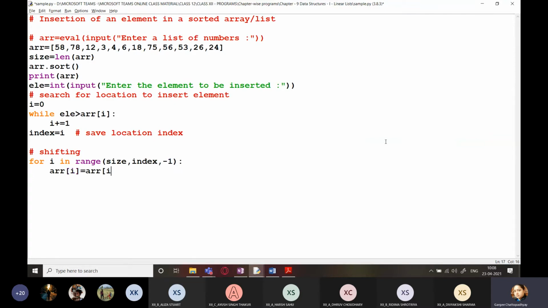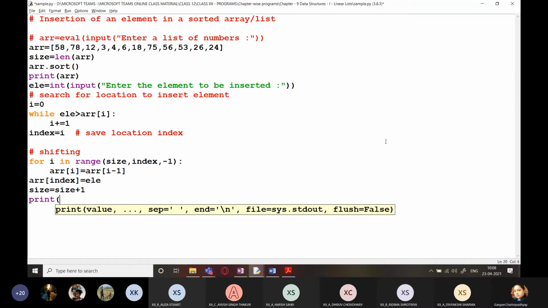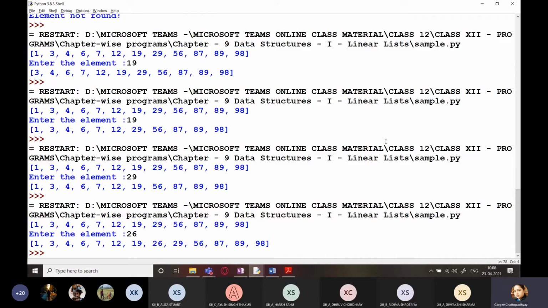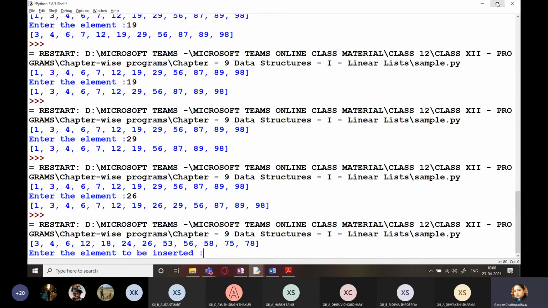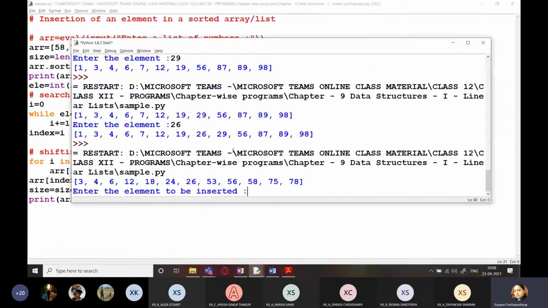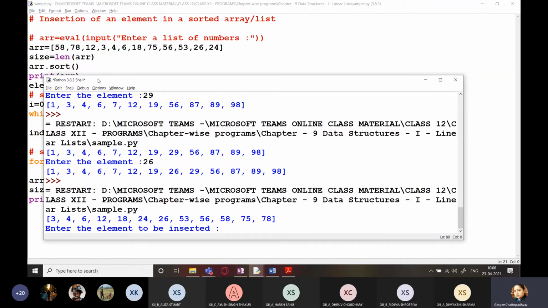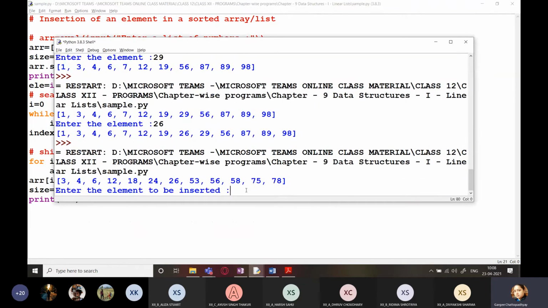arr[i] = arr[i-1]. And finally, arr[index] = element, size = size + 1, and print the array, right? Let's try this out and see. So we have this over here. You can see the last we already have. You can just check here. The array was in an unsorted manner. All the elements were not sorted, but because we used arr.sort, it sorted the array, and now we have